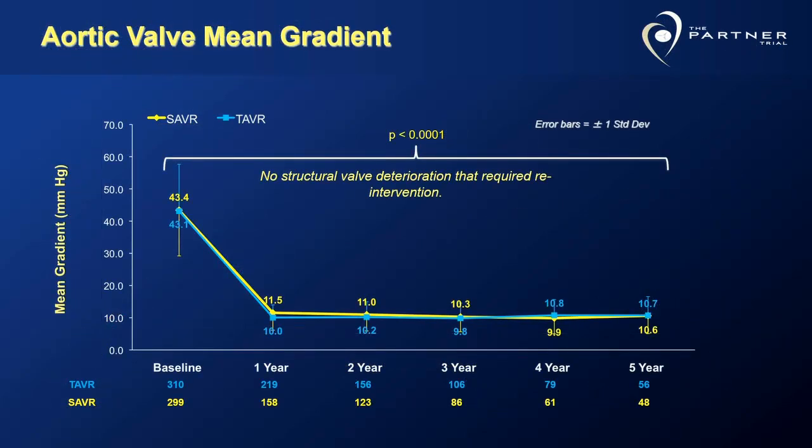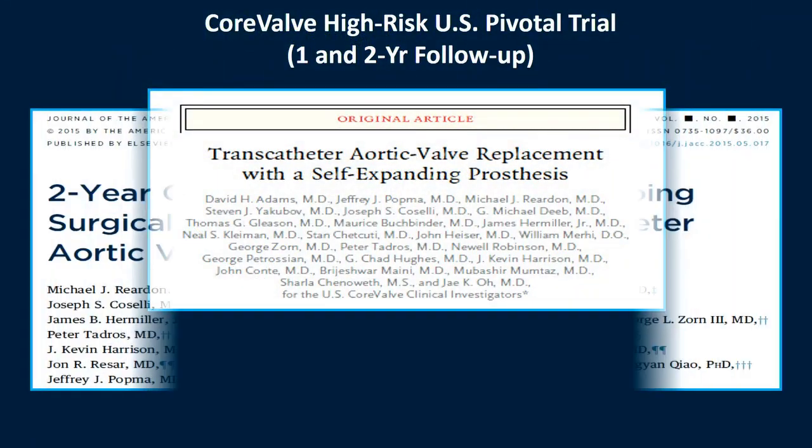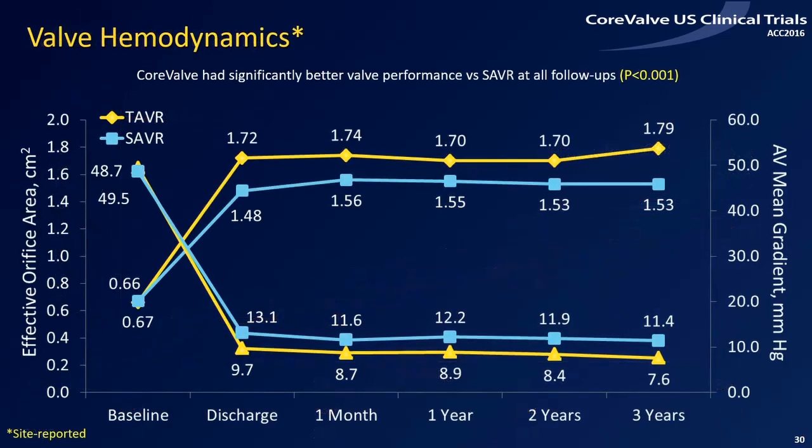And we're getting very good hemodynamics when we're looking at the aortic valve mean gradient and also the AVA after the procedure. CoreValve, which is the self-expanding valve, showed similar results for the high risk. Again, the 1 and 2 years follow-up did show that actually there is slight superiority, or a trend for superiority, when you compare it for the high-risk population versus the surgical approach. So that has become the default therapy. Now for every high risk and extreme risk, we are definitely going with TAVR, and even the surgeons are in agreement with that.